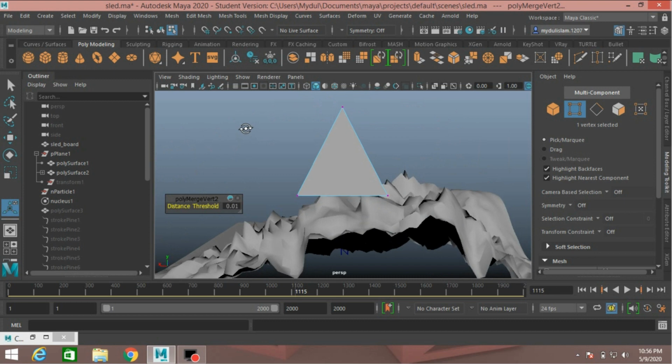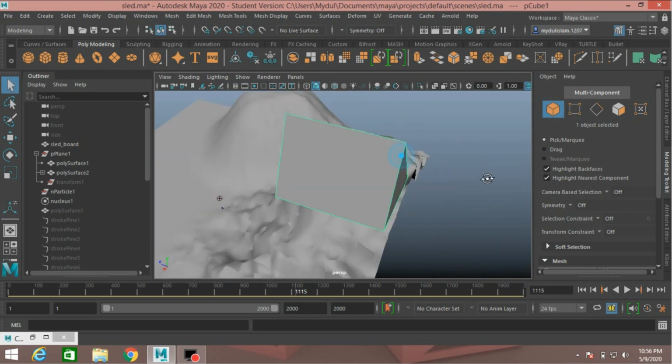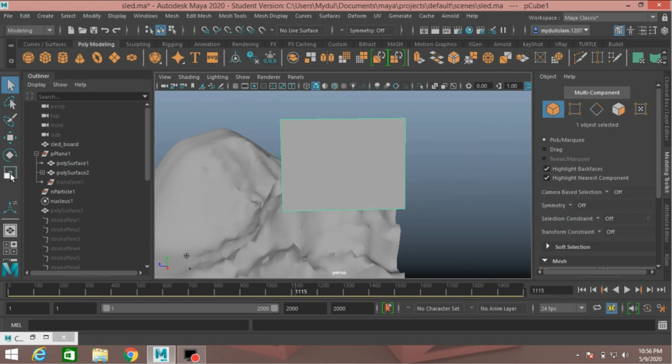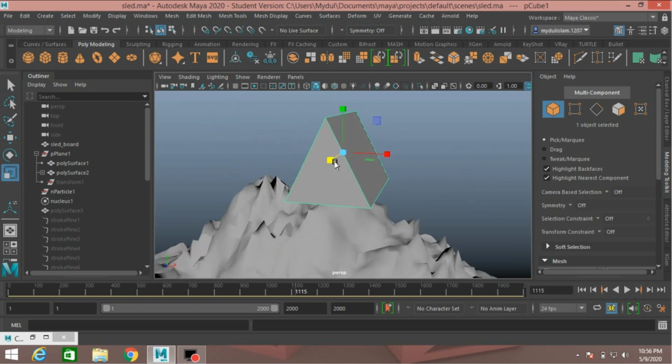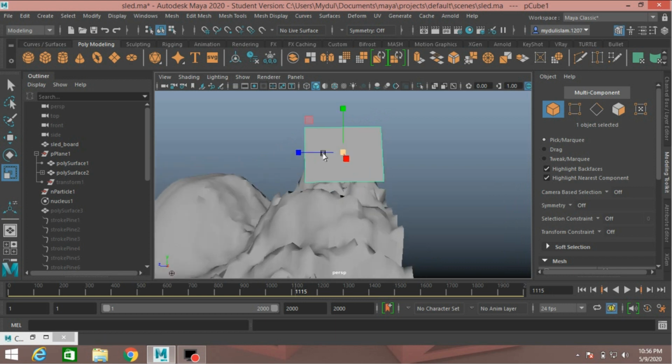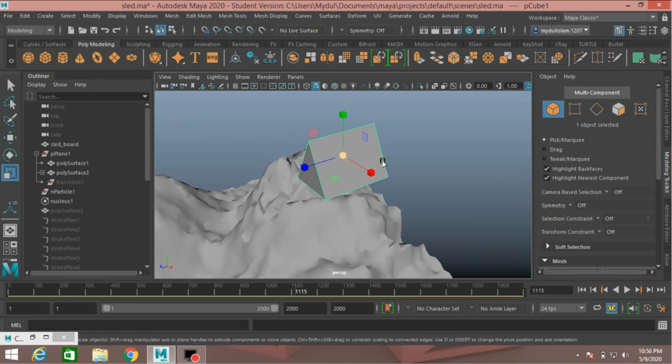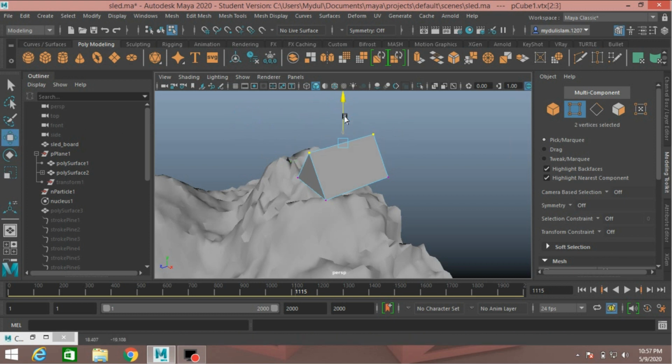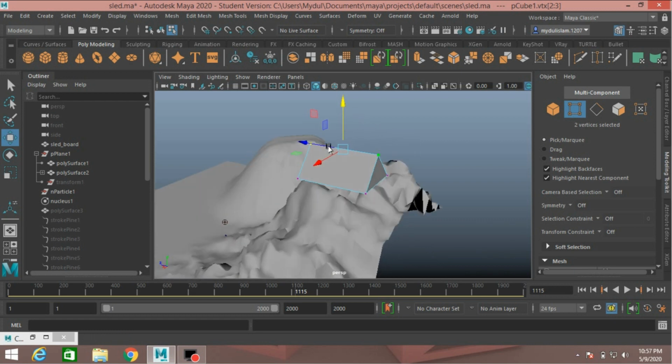Now go to object mode, scale just like this, select these two vertices, move them down just like this.